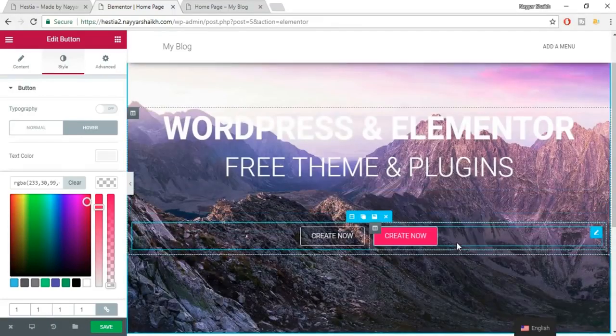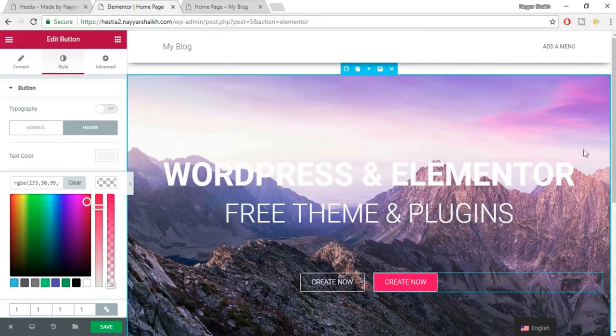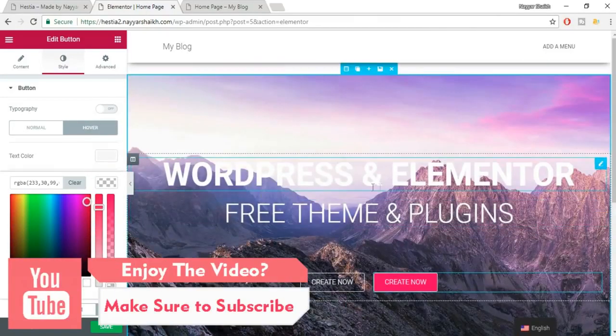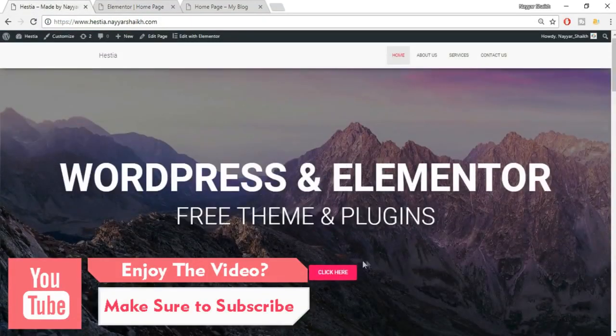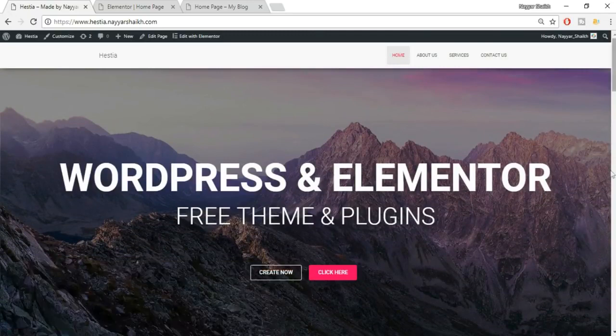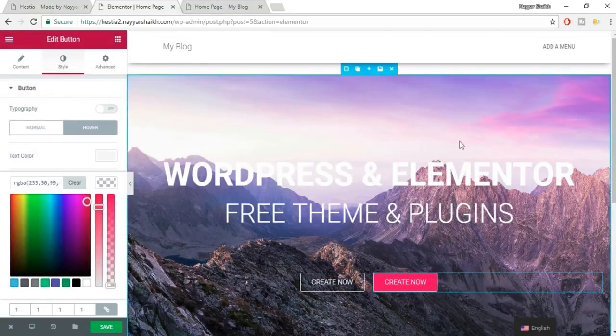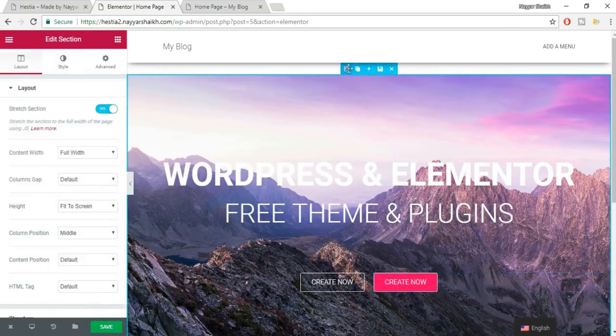Now if you also notice, the background image is very light, and we cannot see this white text, whereas here we can easily and clearly see the text, button and so on, and the background image is not that light, it is darker. There is a very simple way to do that. Again, click over here, hover this, and click on this section to make some changes to this section. Go to style,